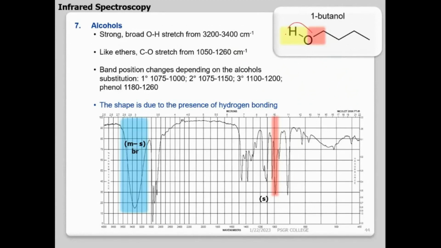Then you have alcohol OH, which comes in the 3400 range. Very broad peak. It broadens because in alcohol you have the exchangeable hydrogen. Because of the exchange, you'll have broadening. We don't need to study that much; it won't come in problems. So you'll have OH around 3400 and CO 1100. Easy to remember. Now there are a few things I need to talk about in this.